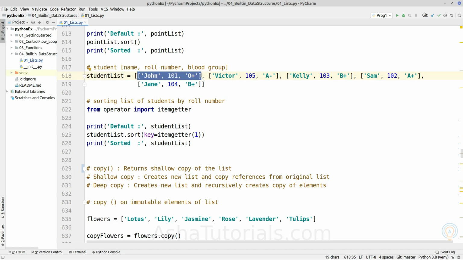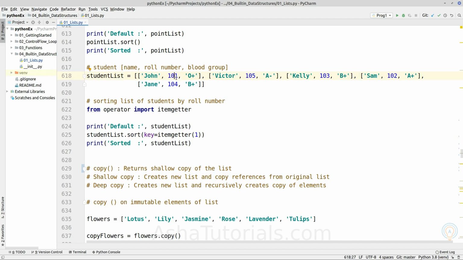Now if we want to sort a particular list based on the position of a sublist, we have students, but they are not sorted by roll number, and we want to sort them by the roll number of the students.